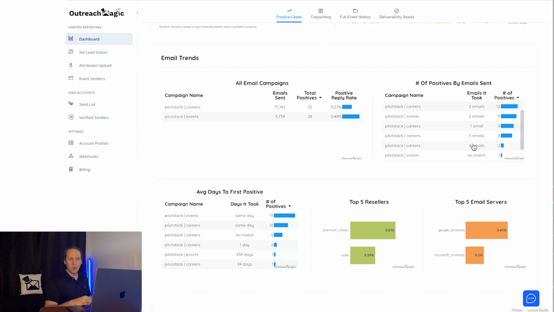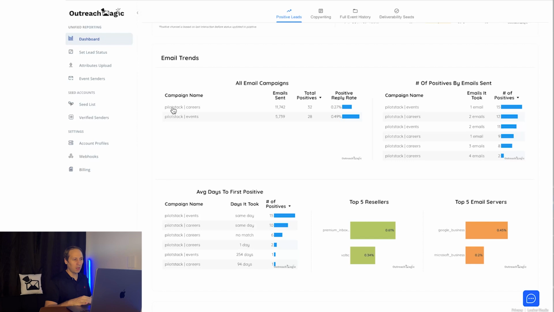But you can see how many emails converted the highest. So the highest one was 1 email. So if you're optimizing this campaign, the highest converting is going to be 1 or 2 emails. So when you're sending these out, you probably won't want to have more than, this one actually has 8.